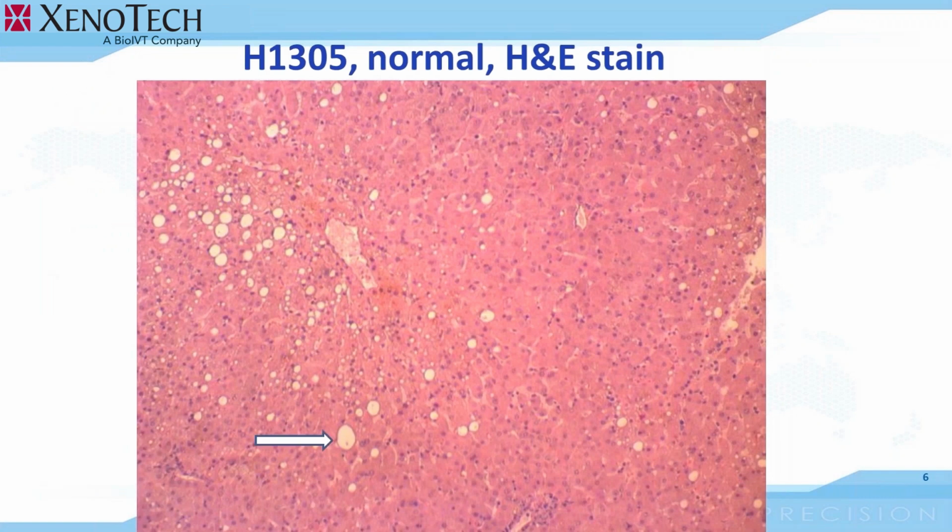A good example of a microsteatotic hepatocyte is indicated by a blue arrow, and there are multiple examples of that on that slide. Some microvesicular fat is also present. Overall, fat abundance is under 5% in this specimen, and 5% is the cutoff value distinguishing normal from steatotic